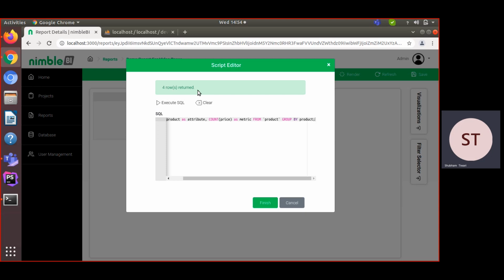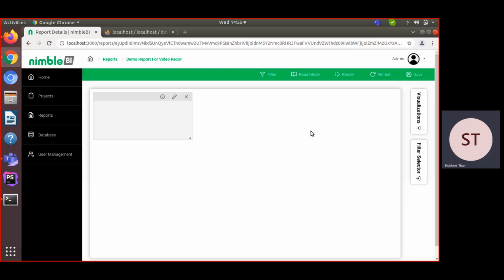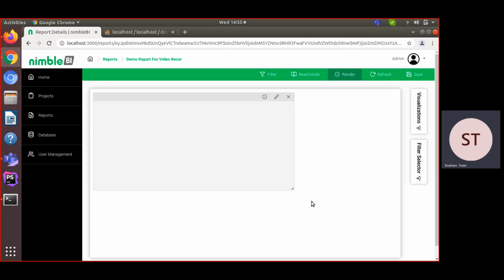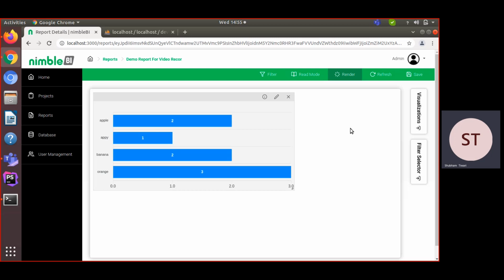You can check it, means it's valid. Click on render. You can resize it also. Render. Okay, and you can save it.